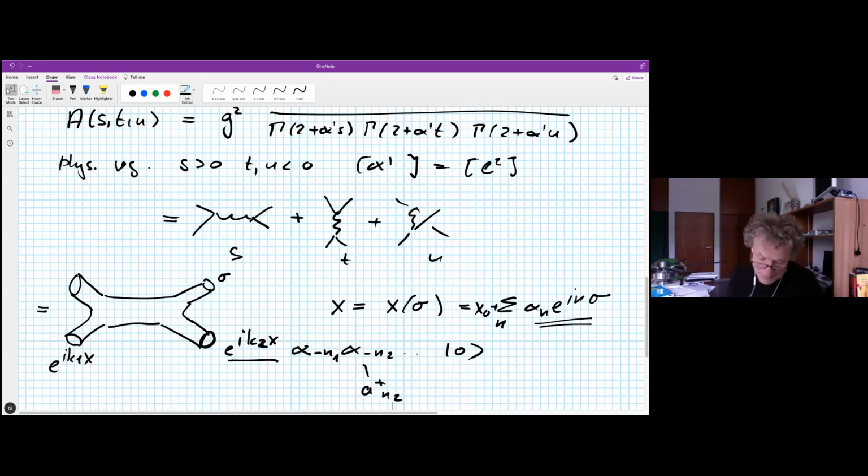So each n corresponds to one frequency. So you have many harmonic oscillators. You don't have just one harmonic oscillator, but many. And each of these harmonic oscillators can be excited once or several times. And every excitation of this parameterizes